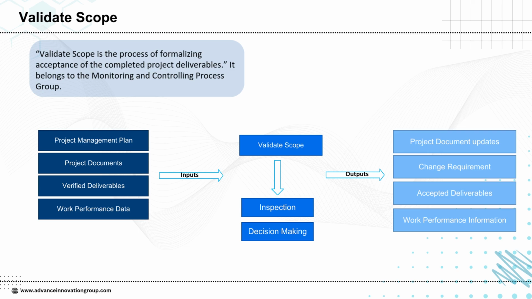In this process, we use inputs such as the project management plan, project documents, verified deliverables, and work performance data. The main tools applied are inspection and decision-making, which help to confirm whether the deliverables meet the defined requirements. The outputs of this process include updates to project documents, change requests, accepted deliverables, and work performance information. In simple words, Validate Scope ensures that stakeholders formally agree and sign off on the completed deliverables, which reduces misunderstandings